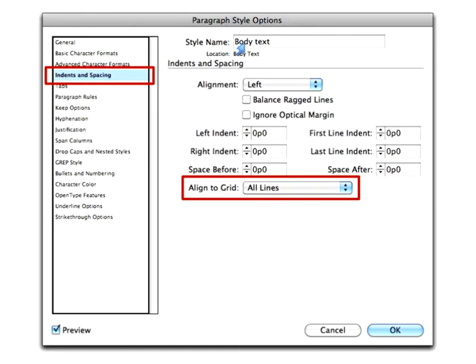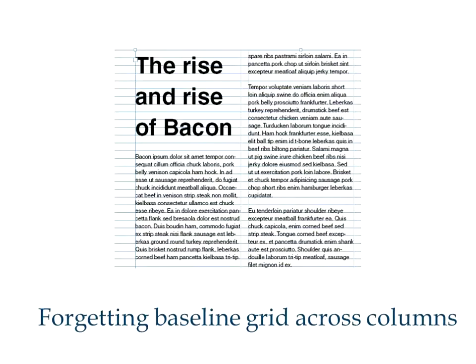So you would set a paragraph style option to body text, you would have indent and spacing, and you would align the grid to all lines, and that would allow you then to get this nicely lined up paragraphs. It is also possible to do that in Illustrator, so if you're not sure, just Google that one, and when you're actually setting your text in, because with a typography cluster you have got some body text to set,